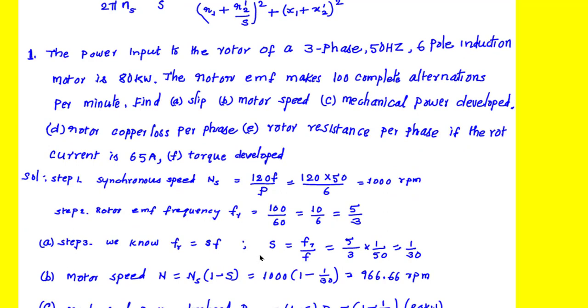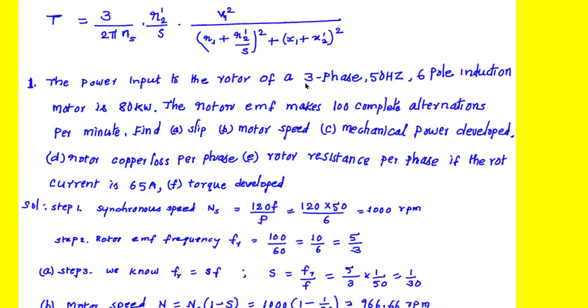So here the first step is, we know the stator poles and the power frequency. From that we can calculate the stator magnetic field speed, that is called the synchronous speed. So Ns is equal to 120 f by P. Supply frequency is given as 50 Hz. So 120 into 50, divided by the number of stator poles, 6. So we get synchronous speed as 1000 RPM.